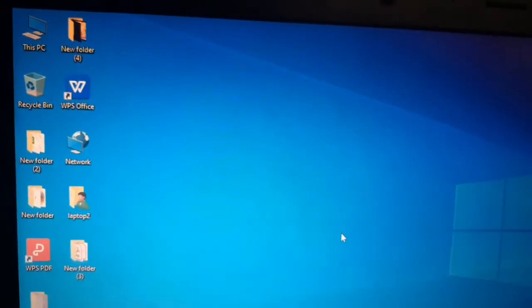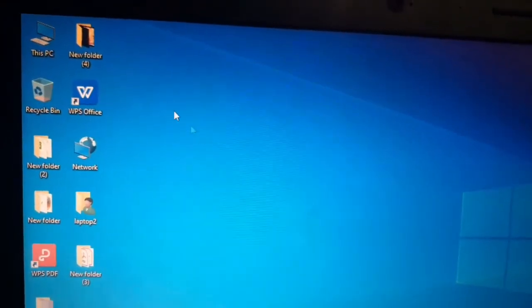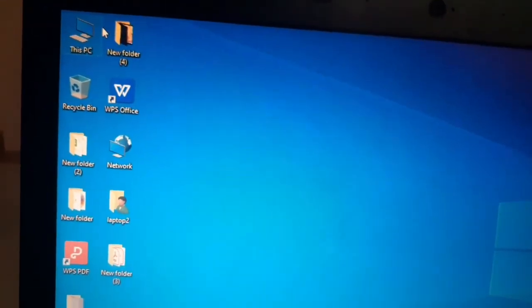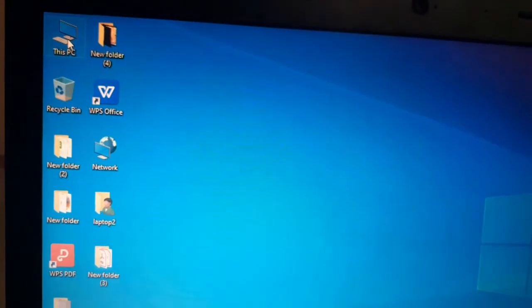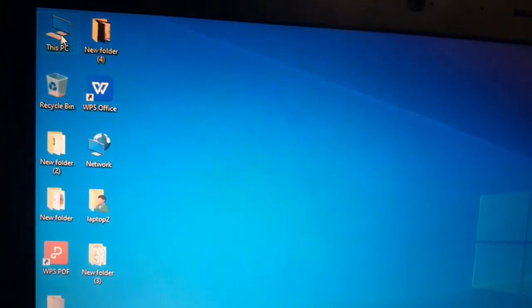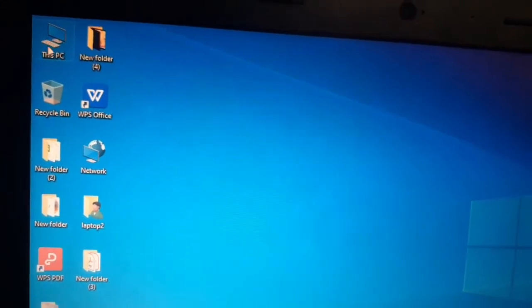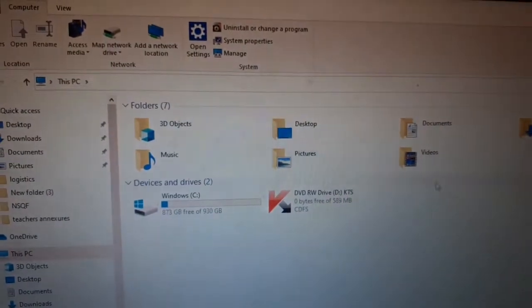After inserting the disk into the CD drive, the first step of installing the antivirus is to double click on the PC icon which is on the desktop. It will open.